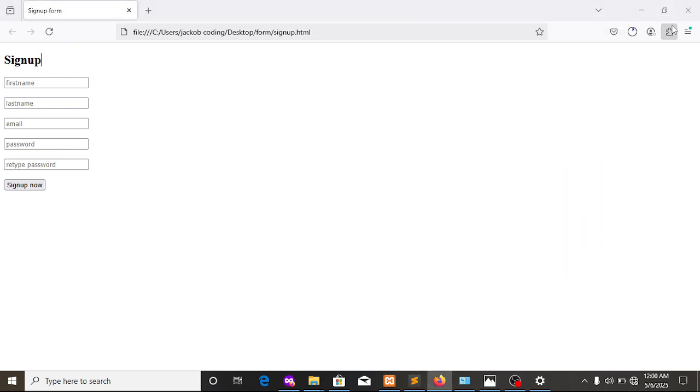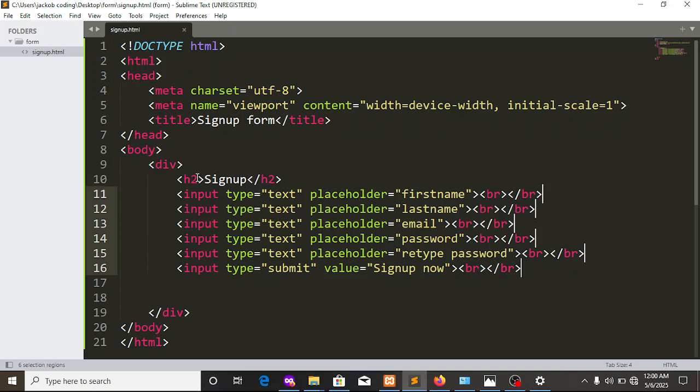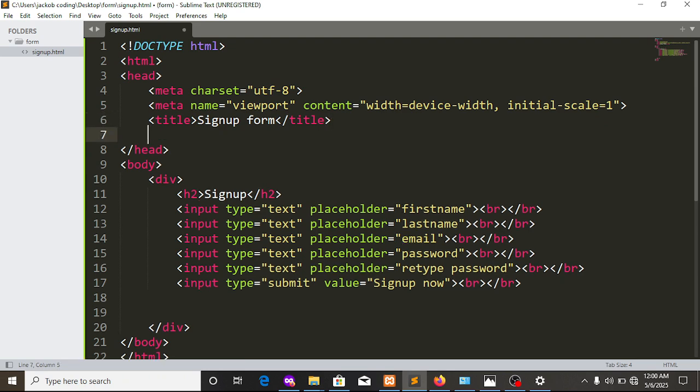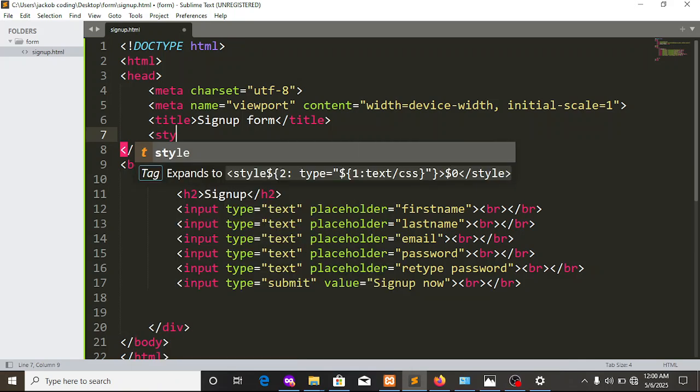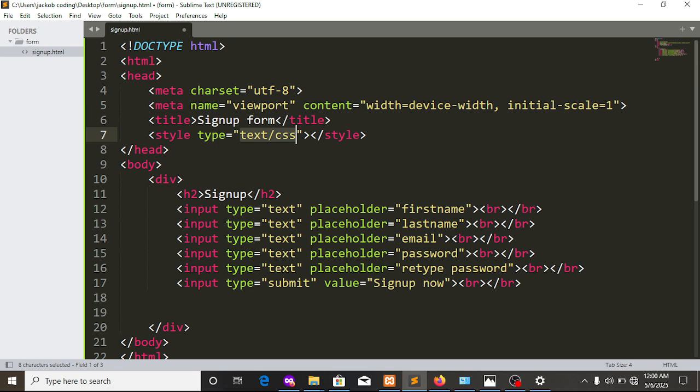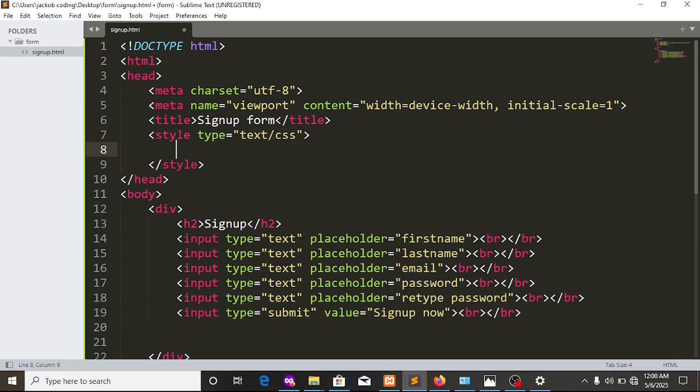So now let's jump into styling. On styling, like I said, I'm using CSS. So I will start with this series of styling directly inline. I will start styling upwards there on the closing tag of title. So I will open a tag of style, type text / CSS and come inside and put heading 2, open and close curly bracket